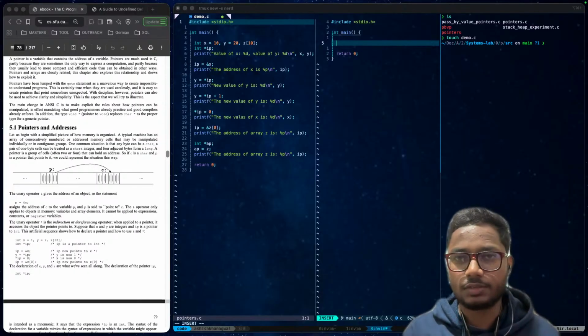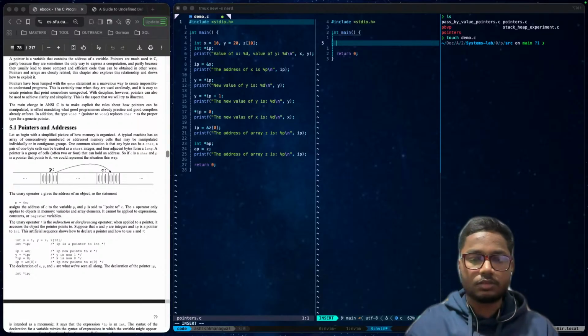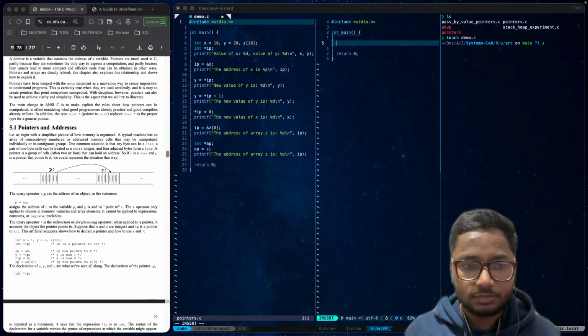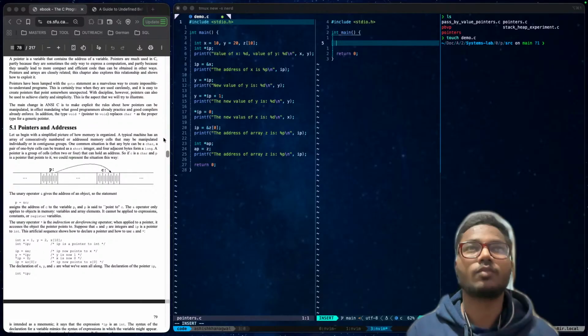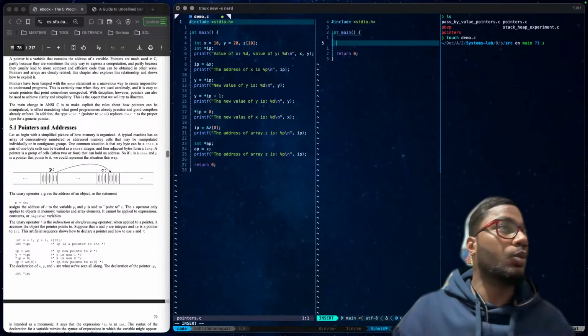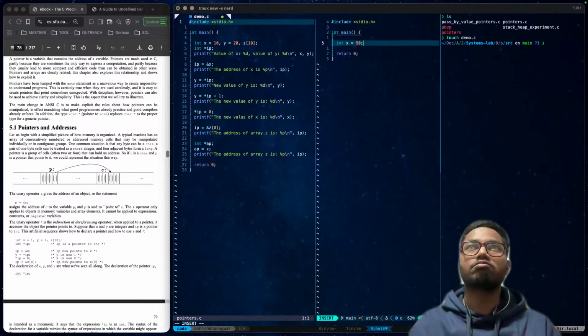Okay, what does pass by value mean? Let's suppose we have a value of something, 10.